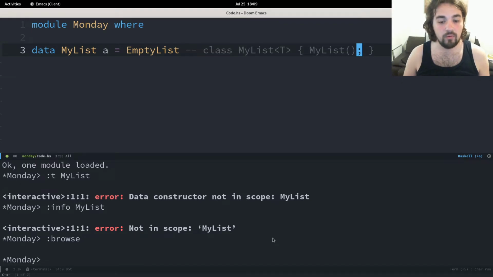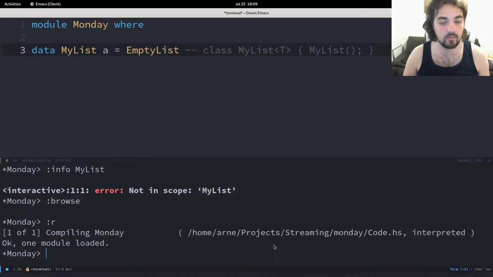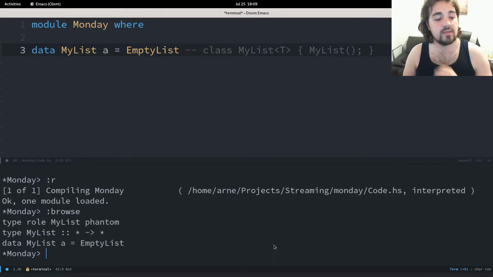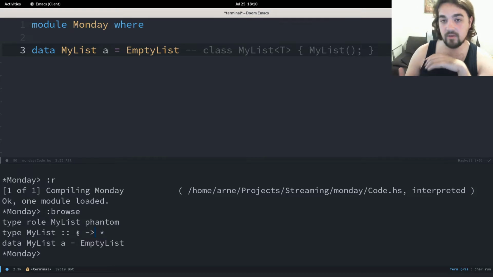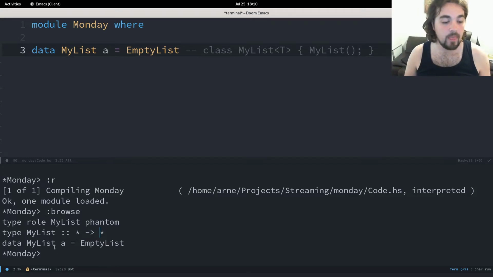Now if we reload and say :browse to inspect what we have in scope, then we can see we have the type myList, which has star to star, and this means the kind of it is that it expects one type variable and then you get the full type. But more importantly, we have a data constructor here. So we have the constructor empty list. And if we call this, it will complain that it cannot show this,